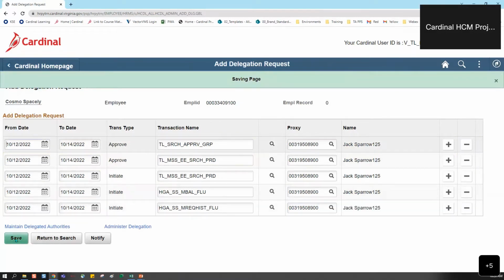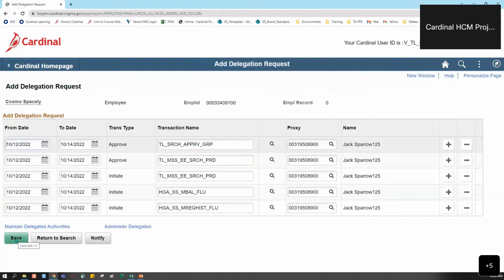Once we have saved it, then both of these supervisors, Cosmo and Jack, are going to get a notification about this delegation. So starting on the 12th, any timesheets that are submitted that would normally be routed to Cosmo are going to automatically be routed to Jack. On the 15th, this delegation will have ended. And so starting on the 15th, everything will then be routed back to Cosmo